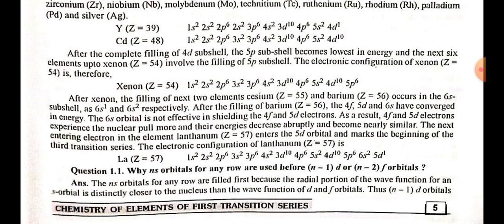The next entering electron, in the element lanthanum, enters the 5d orbital and marks the beginning of the third transition series. The electronic configuration of lanthanum is: